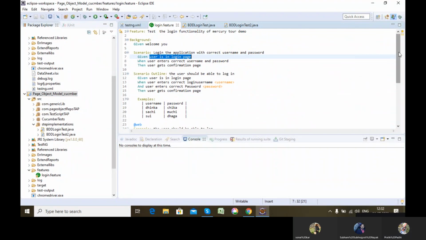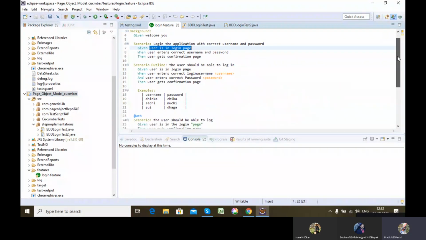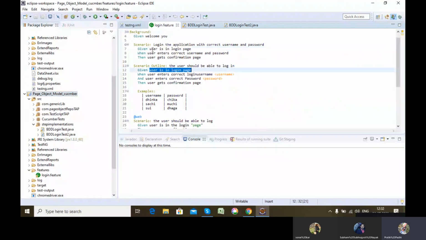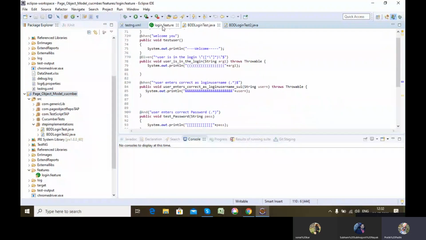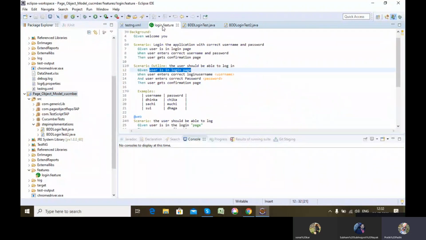Now comes scenario outline. Similarly, in scenario outline, what will you be doing? See, once you have defined "given user is in login page" in my step definition file, one more I don't need to define. As it is already defined, I can use this particular line and there is no need to define it again in the step definition file.